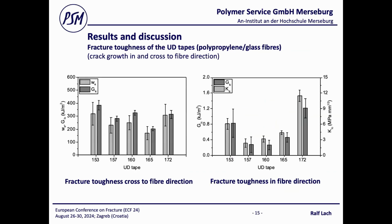Now we look into the results. Clearly, the bullet placement approach gives the same value. From the qualitative and the quantitative point of view, you have some influence of the processing parameter. Of course, you have also a clear difference in the fiber direction, meaning the interfacial strength is differently